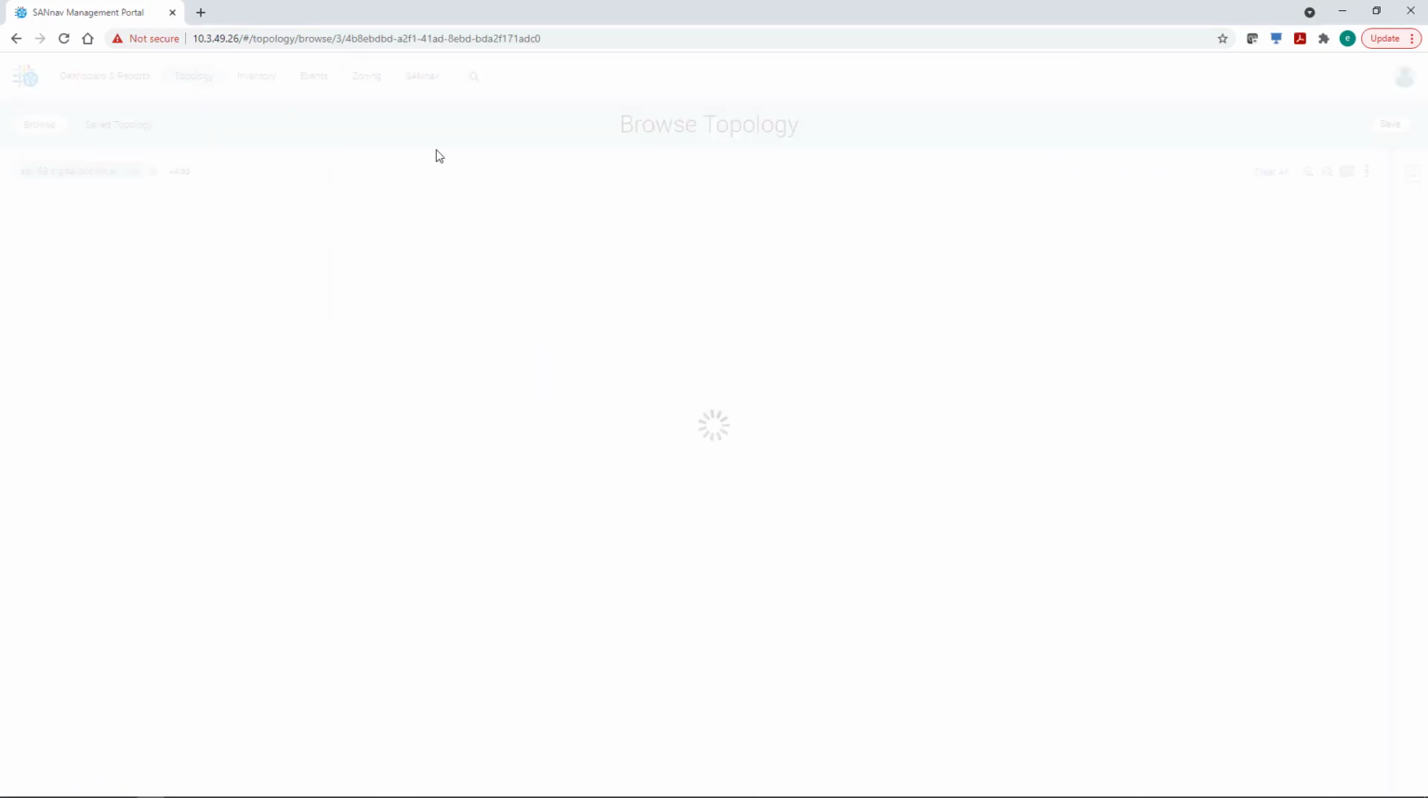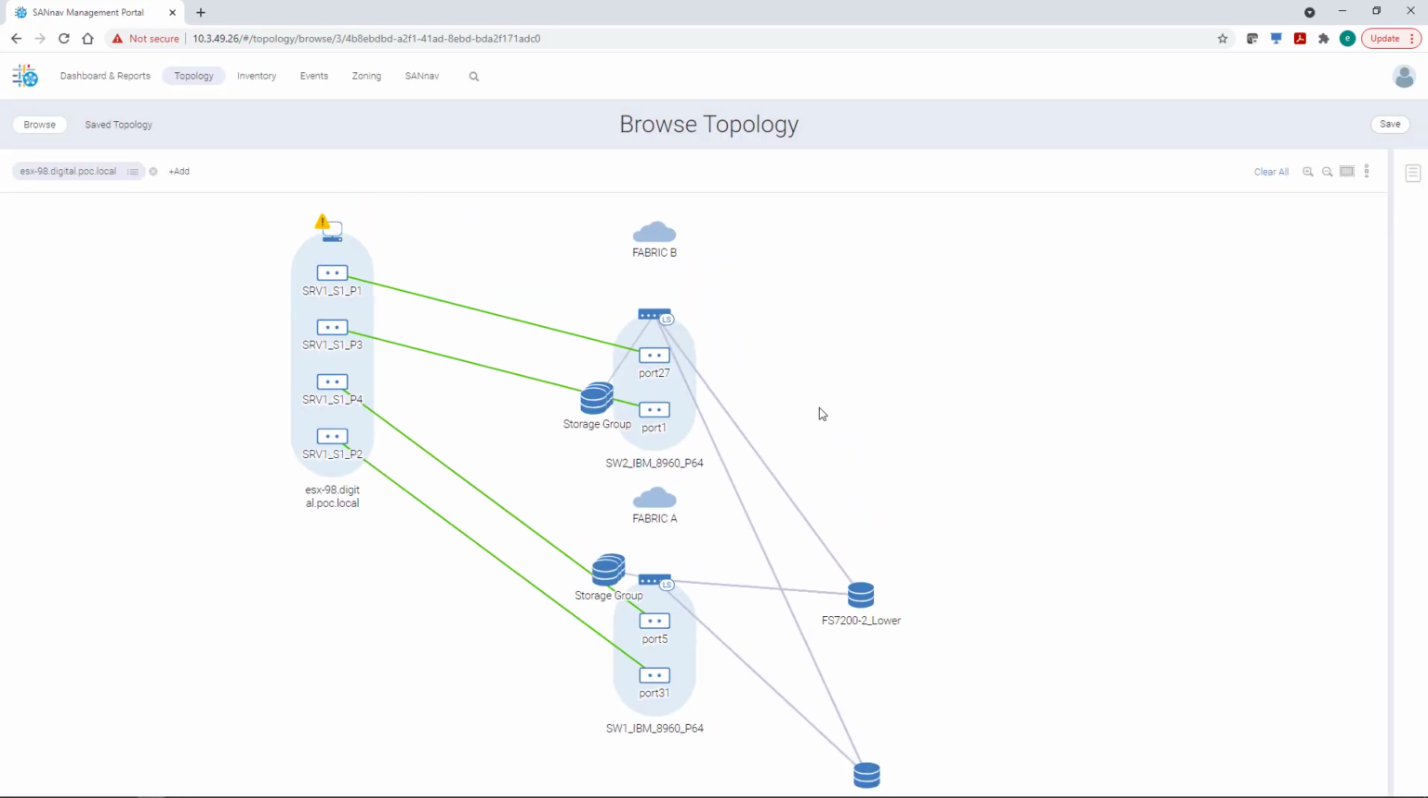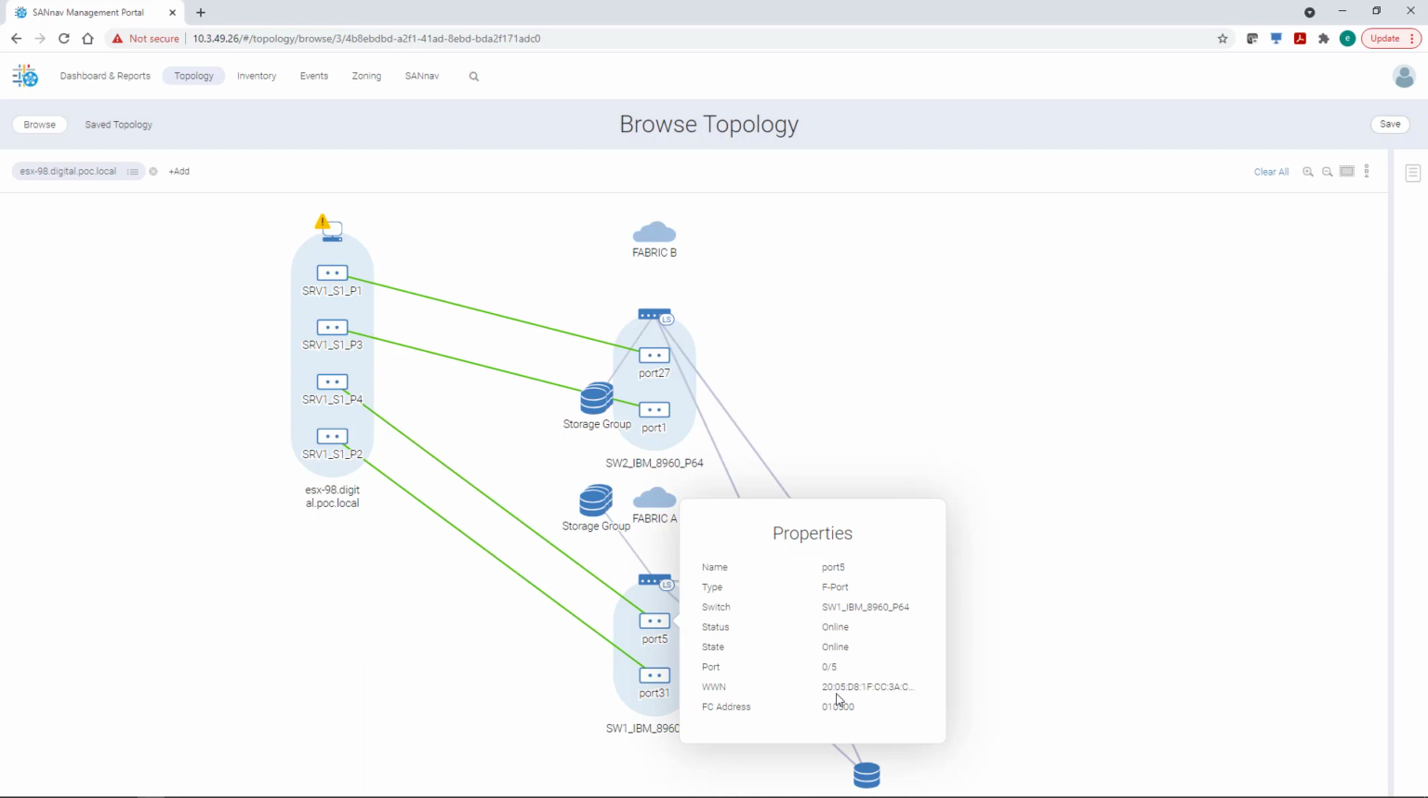From the topology view, we display the host we want to monitor the traffic from. Let's say we want to monitor the traffic and the flows that are going on port 5. Just hover port 5 and click Show Properties, and there you have the worldwide name and the FC address. We can just copy the FC address,